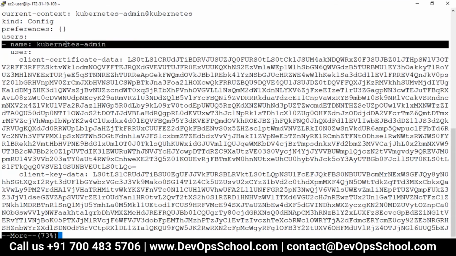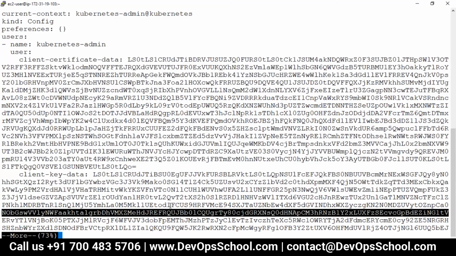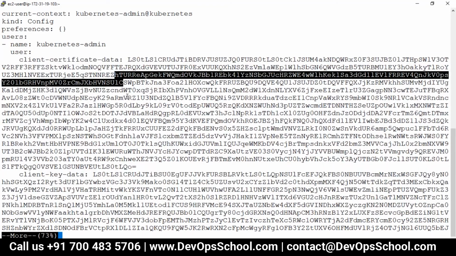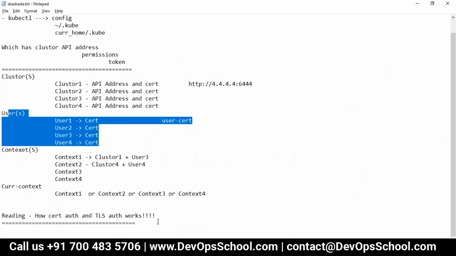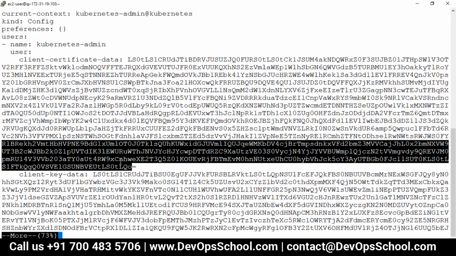What is the name of the user? kubernetes-admin. This is the certificate, just avoid it, because there's too much data. This is a client certificate and all. And for that, I'm again reminding you, please read this, because many people get scared. They don't understand how today's modern microservices authentication certificates work. Okay, so that's important.